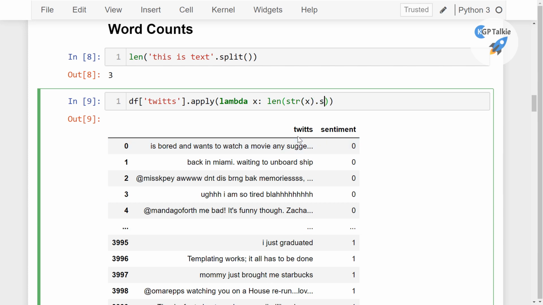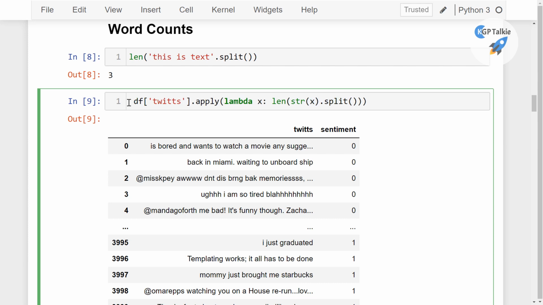Thereafter, I'm going to put here split. With this, what is going to happen? Each of these rows will be passed into the lambda function, in the variable x. Then this variable x is converted into a string, then there is a split, after that it will be a list, and then I'm calculating the length of this list.